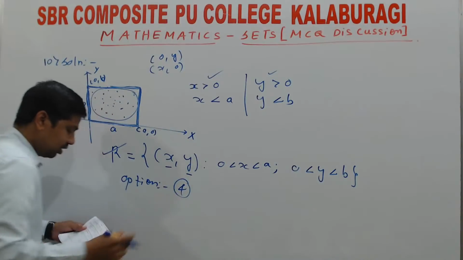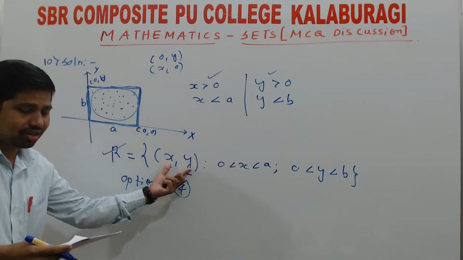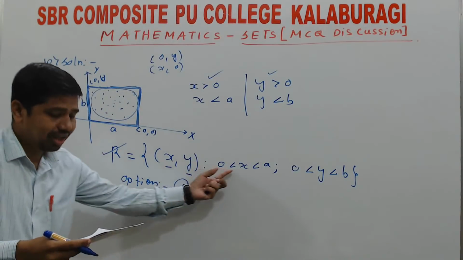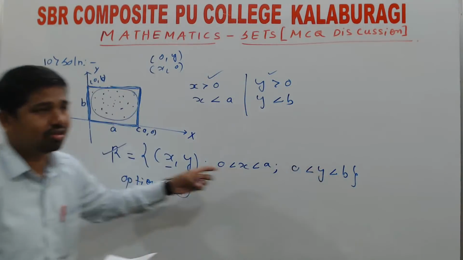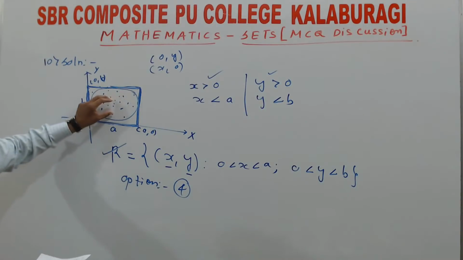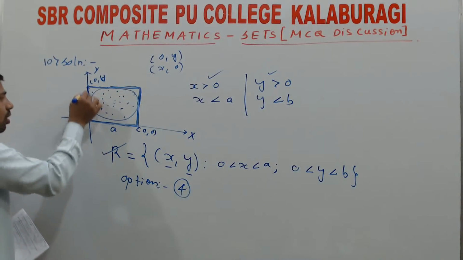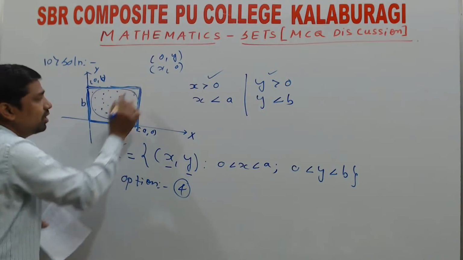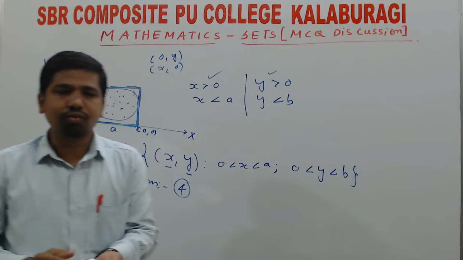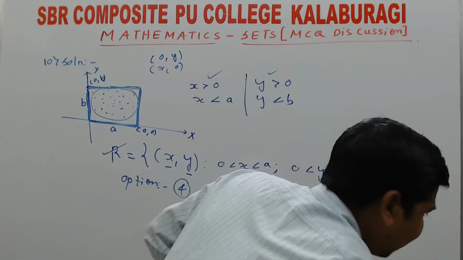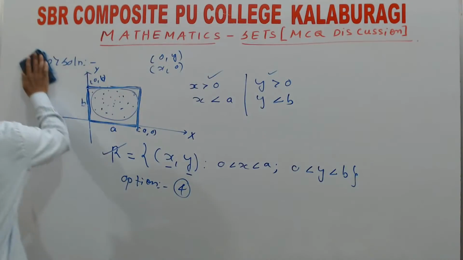Option number 4, that is R equal to {(x, y)}. These are the points inside the rectangle such that x is lying between 0 and a and y is lying between 0 and b, such that only the points inside the rectangle have been included. The points on the rectangle have been excluded. So this was about the 10th question. Now we'll go for the 18th question. So the 18th question says,